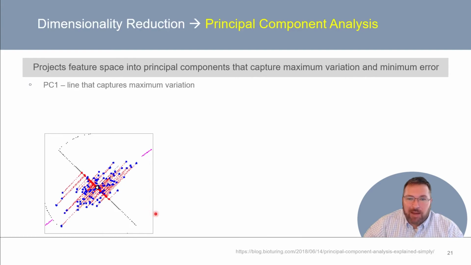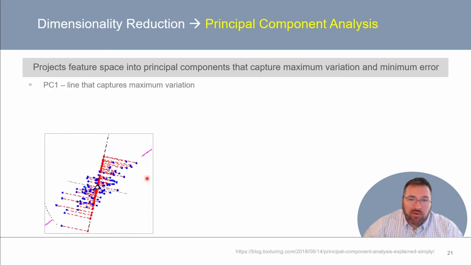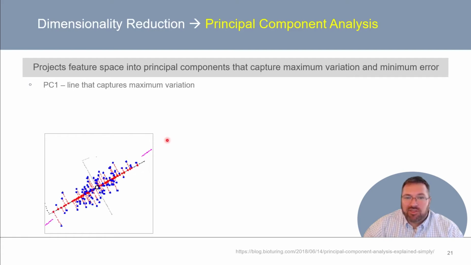This process stops when the total distance among the projected points is maximized on the line, as we'll see here in just a second. Right there. And at the same time, when the error, or sum of the dotted red line lengths, is minimized. This is the first principal component, which is the line that captures the maximum variation across features of the dataset